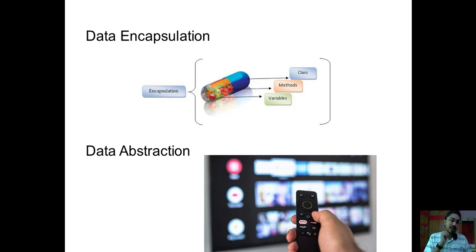So that is nothing but the capsule. And in data encapsulation, what we do is store data and the functions which are acting on that data away from the outside world. So we wrap up the data and the functions together into a single unit, and to that we call encapsulation. We achieve that encapsulation using the class concept. Within the class we have data and the functions which are acting upon that data, and that is separated from the outside world.